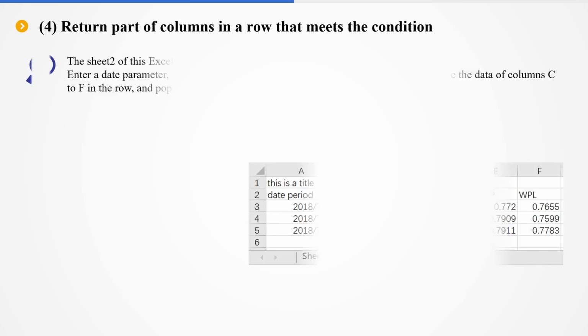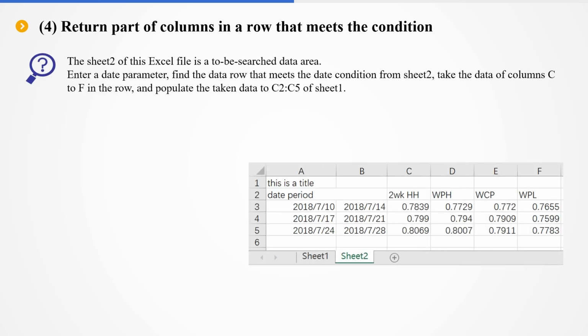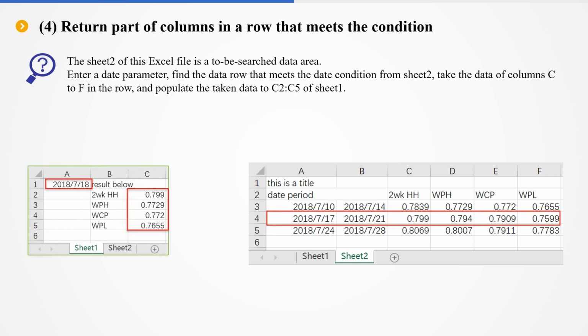4. Return part of columns in a row that meets the condition. Sometimes we may need to get part of data in the row that meets the condition. For example, the sheet 2 of this Excel file is a to-be-searched data area, where column A contains start dates and column B contains end dates, and the time periods of every row are not overlapped. Now we want to enter a date parameter, find the data row that meets the date condition from sheet 2, take the data of columns C to F in the row, and populate the taken data to C2 to C5